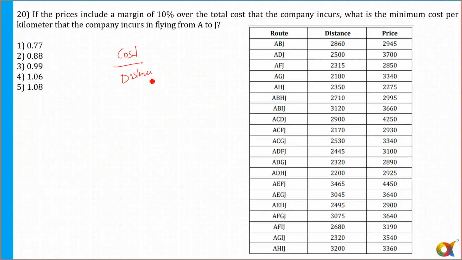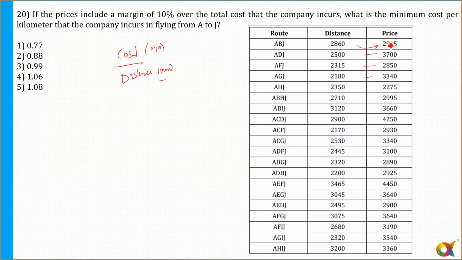So if I need to minimize, I'll say distance should be more than the cost. This value has to be cost upon distance. I need to minimize it. So this should be the minimum and this should be the maximum. I need to find out these ratios. So if you observe, for most of the cases here, the cost is more than distance. Like 2954, it is more than 2860. Here it is more and more.